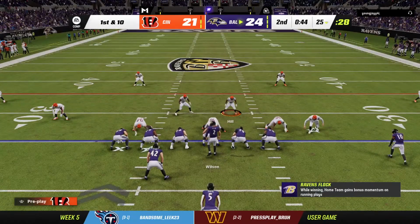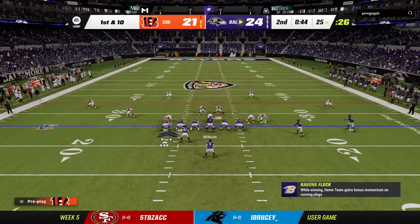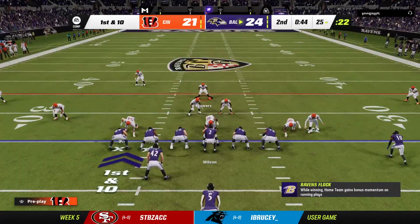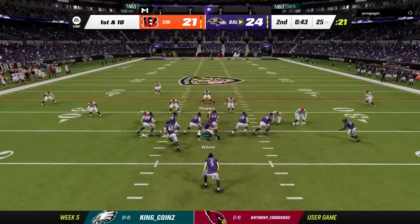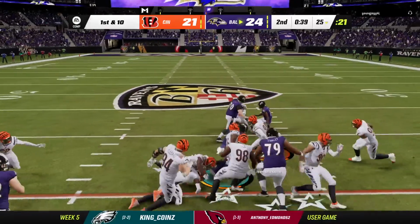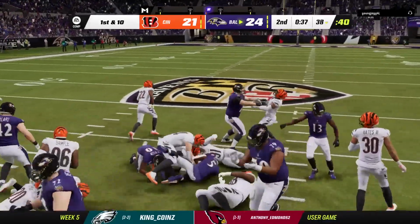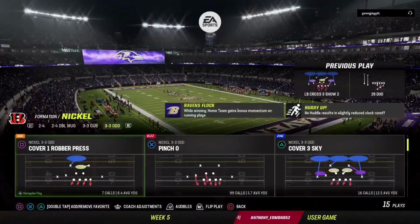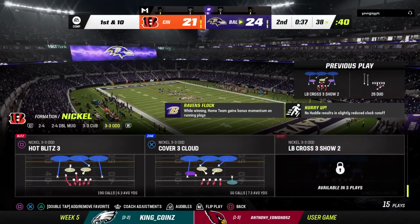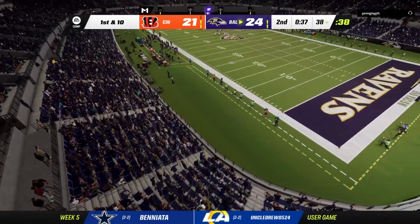The Raven offense set at the line for this next drive. And they may just be content to take this 3-point lead and head into the locker room. The drive will commence with a run by J.K. Dobbins. An anxious moment or two there, but they do get him down. Now the Ravens going to use one of their timeouts as the clock will stop with 37 seconds to play